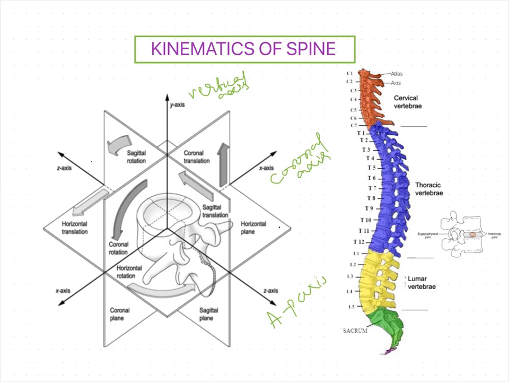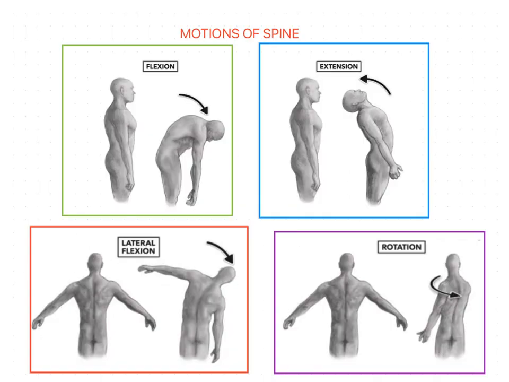In the entire vertebral column, the available motions are, one, flexion or forward bending, and extension or backward bending, and lateral flexion or side bending, which occurs on the right side as well as the left side, and rotation, left and right rotations, taking place in the spine. These motions appear to occur independently of each other.